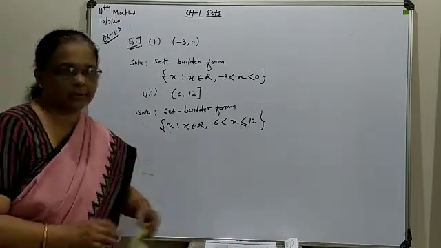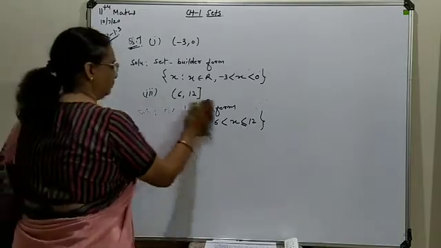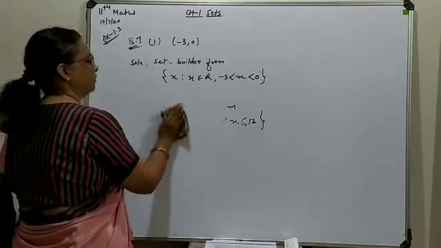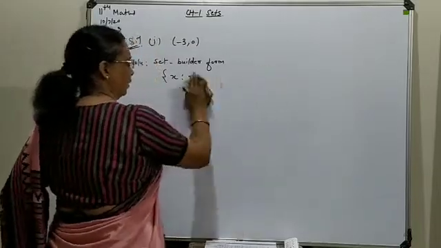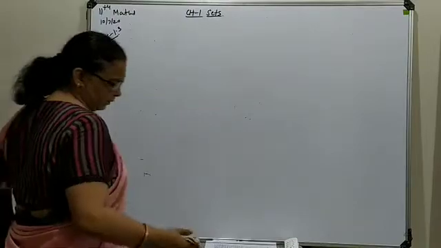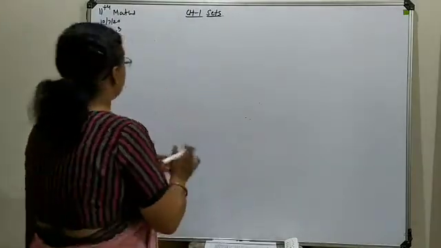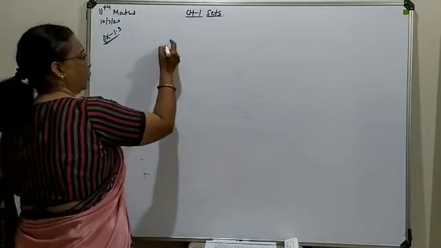Just for example, we try to understand the concept of universal set. Here, when you are talking about a universal set, normally we use the sign U